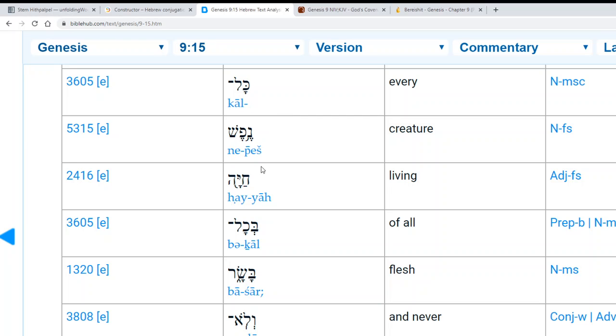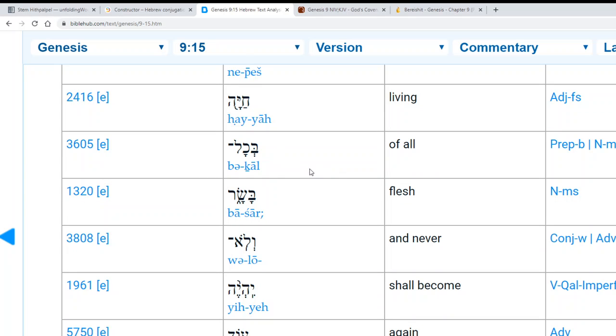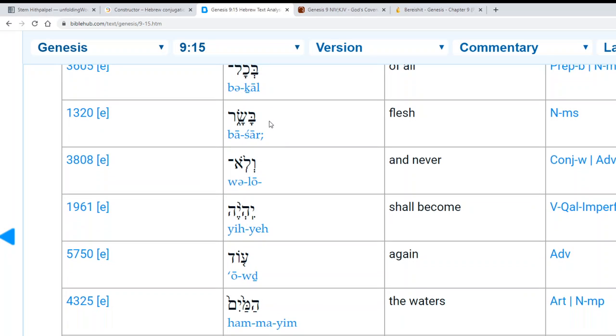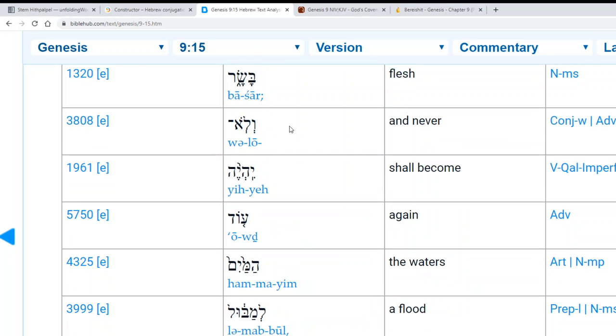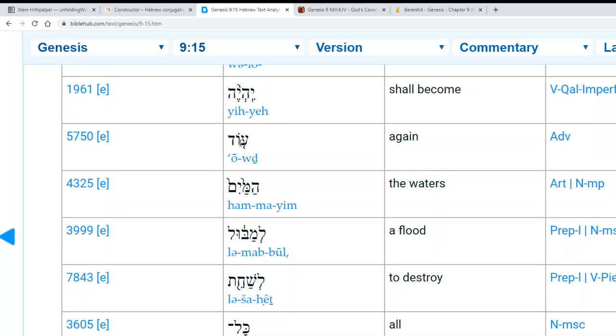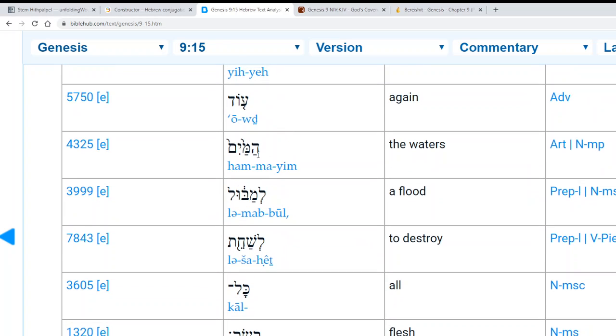Kol nefesh chaya, right? And again, similarly to every time we've had it, nefesh chaya, you can translate that as either the adjective living on nefesh, on soul, or nefesh chaya, meaning soul of animals. Kol nefesh chaya bechol, so prepositional bet without the article, chol meaning all, basar meaning flesh, velo, so conjunctive vav, lo meaning not, yihye imperfect of to be, od meaning again, written completely as usual, hamayim article, and mayim waters,